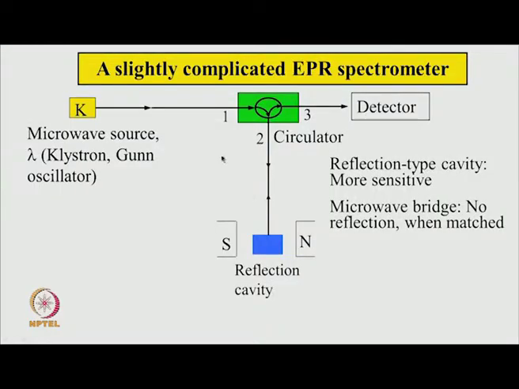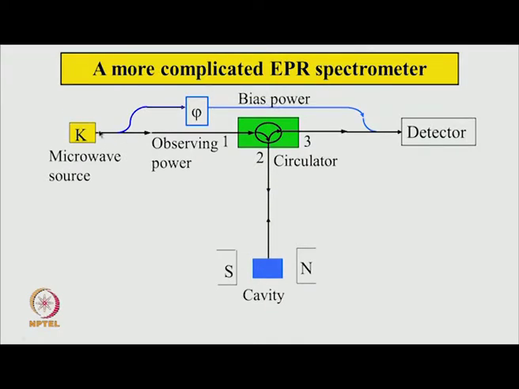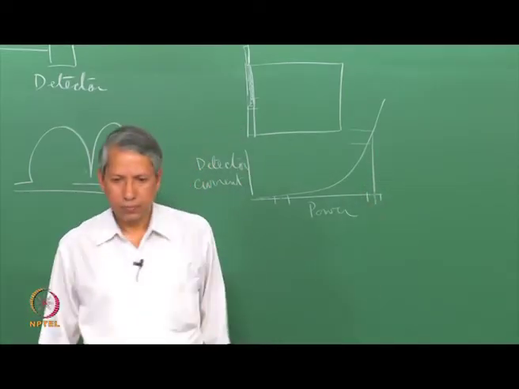So, instead what is done here is that we take microwave from the klystron directly, and to another path we try to bring it here and call it a bias power. Now, that is shown in the next slide. So, you see here in the blue line, some part of the microwave is taken here and it is passed through a phase shifter. This phi stands for phase shifter, and this comes here and then it falls on the detector. We call this bias power. By this we can bias the detector to work at a place wherever you want in this fashion.